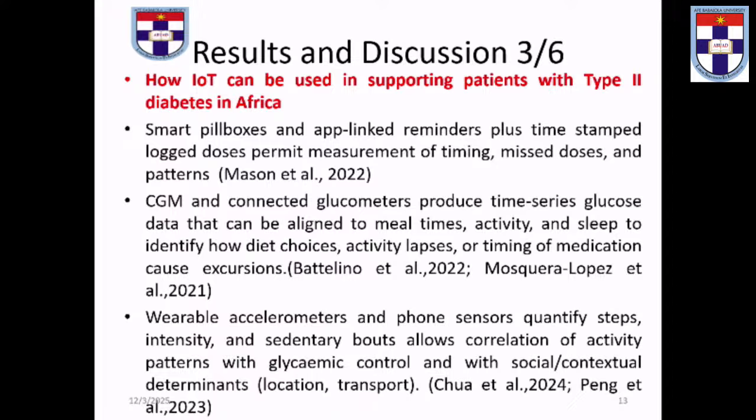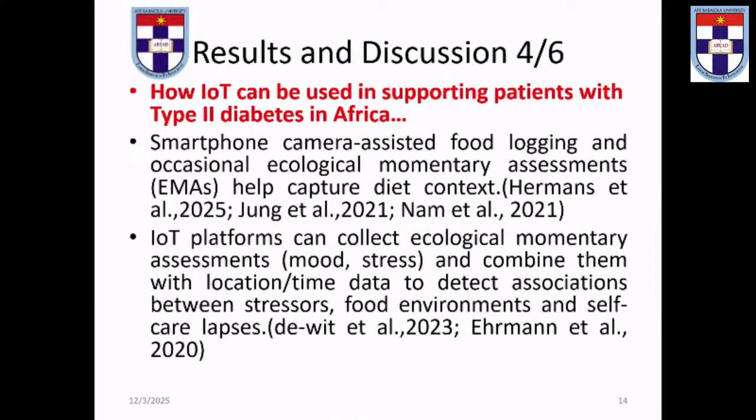We also have wearable accelerometers or phone sensors that help to monitor physical activities and patterns, which will help in glucose control. We also have smartphone-assisted food logging, cameras that help to capture the diet content of patients. We also have IoT platforms that study ecological momentary assessment. It can also study the mood of patients, because researchers have revealed that the mood of patients usually affects their adherence